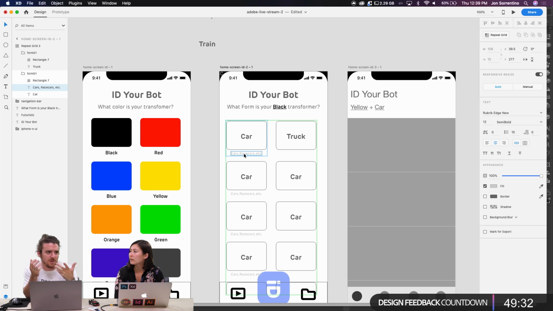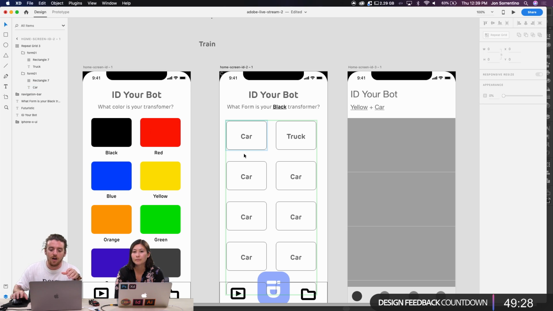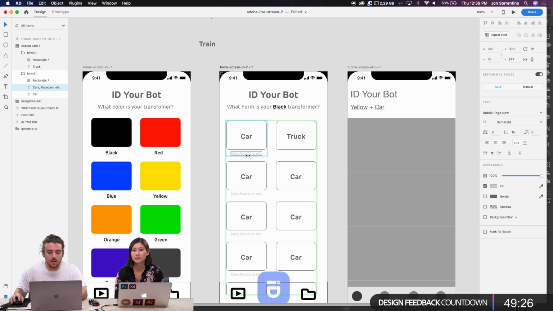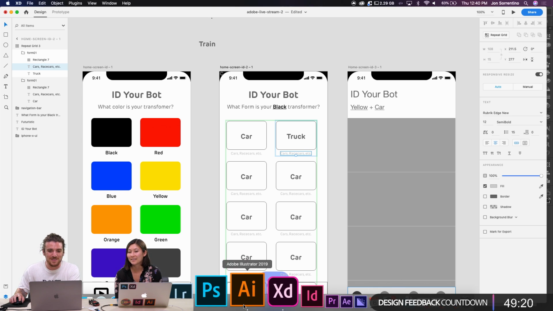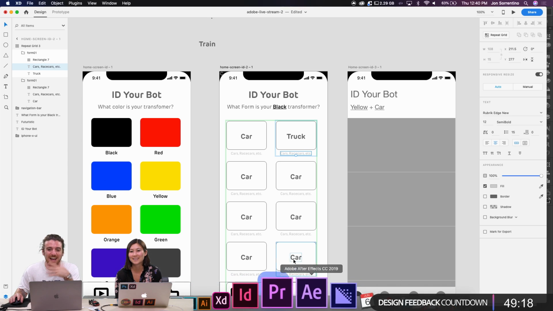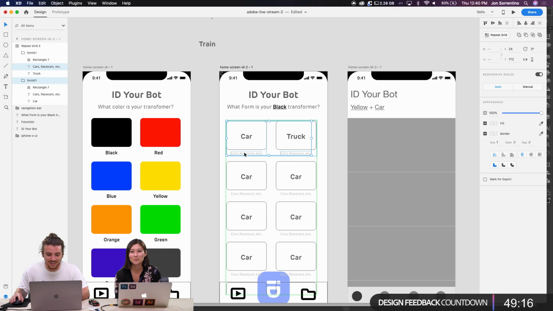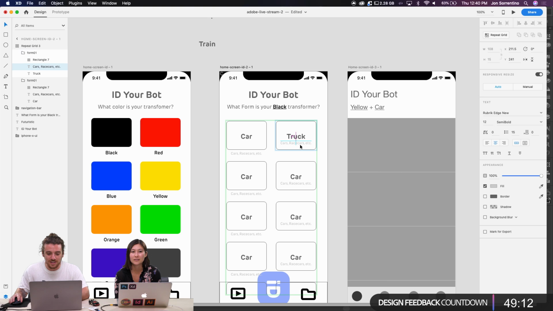I even use Premiere from time to time to put these together as a presentation or something. My dock is pretty much Lightroom, Photoshop, Illustrator, XD, InDesign. I'm using these at some point all the time. So there's never really one, every day can be a new one. Yeah, great question. Thank you.